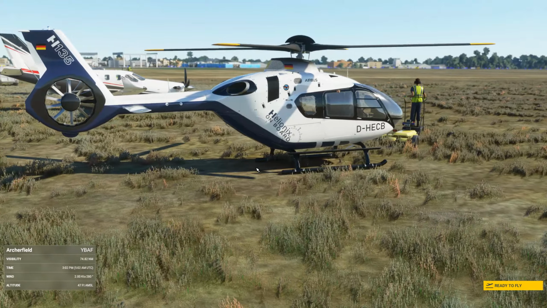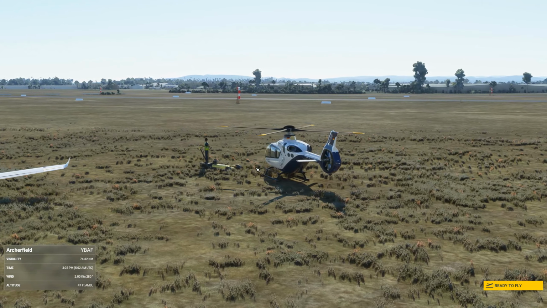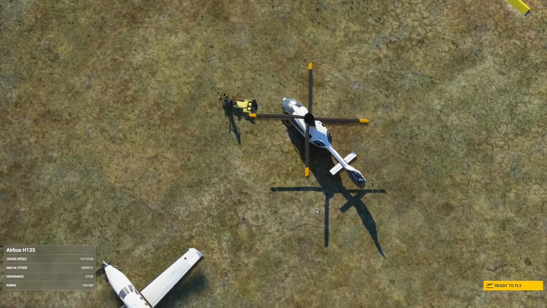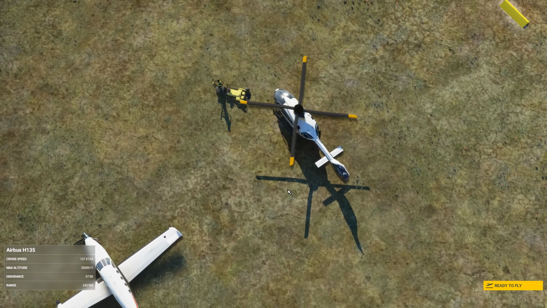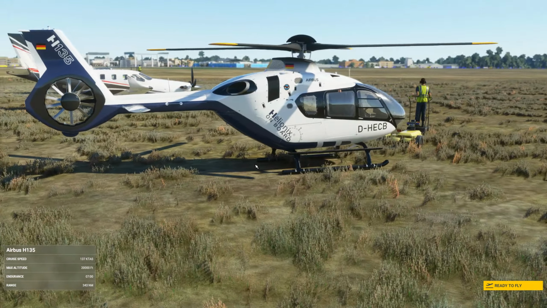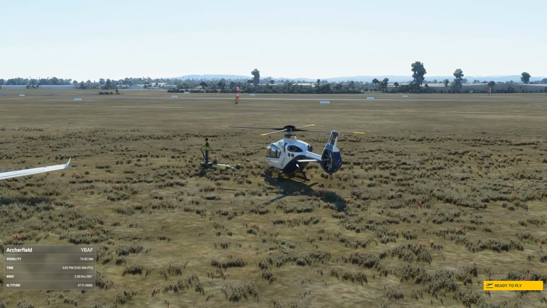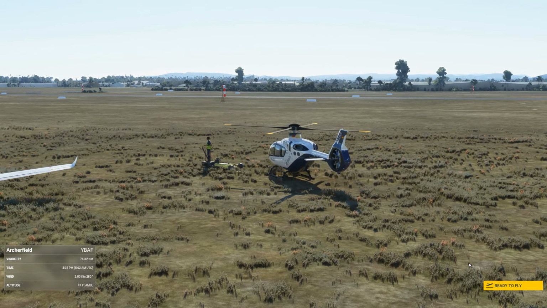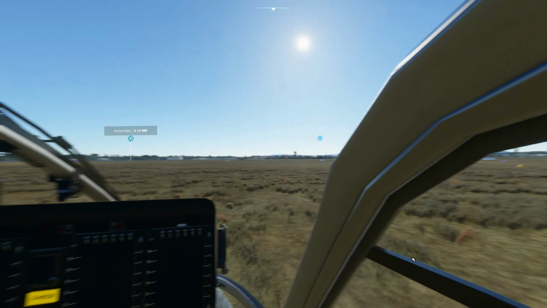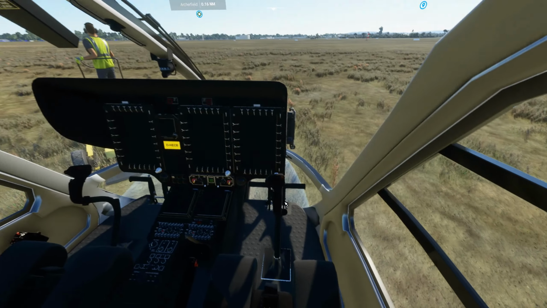Okay, welcome to Microsoft Flight Simulator 2020. Obviously I'm here with the Airbus H135 helicopter, and today I just wanted to go through a few things that I've found. Not concerning, but just limits of the aircraft that you should probably adhere to. So we'll get this thing started,